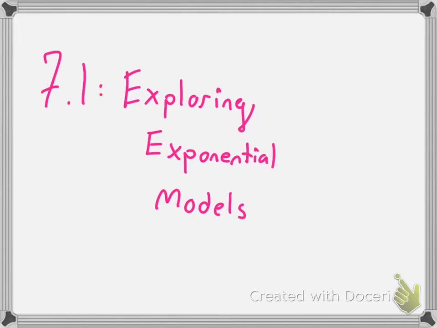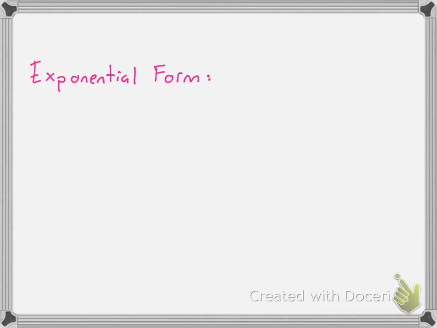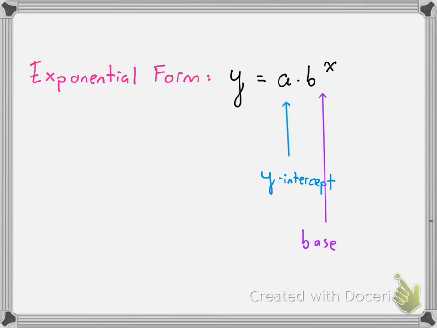In section 7.1, we're going to be looking at graphing and writing out exponential models. So just to recap from Algebra 1, an exponential function looks like this: y equals a times b to the x power. Your a value you could think of as your y-intercept or your starting point, and your b value we're going